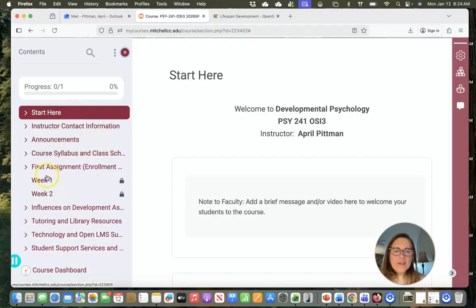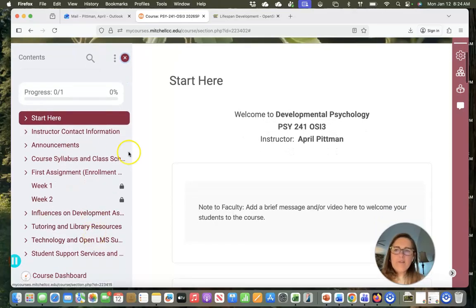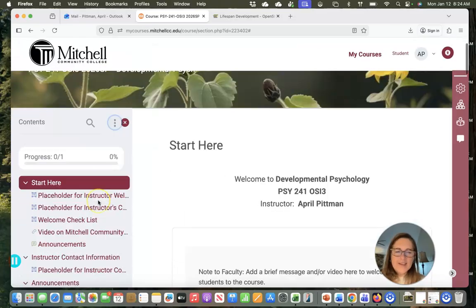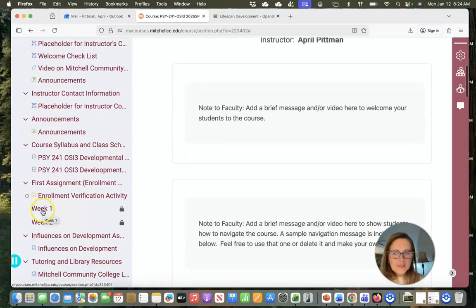So again, this content section is how you'll navigate the class. And at this point, I have this collapsed so that it's only showing you the titles of the content sections. But you can expand that and see all of the items that are in there. And you can click directly to those items if you want to. I would encourage you to just click into the sections and navigate in that way, because when we get down here to the content sections,